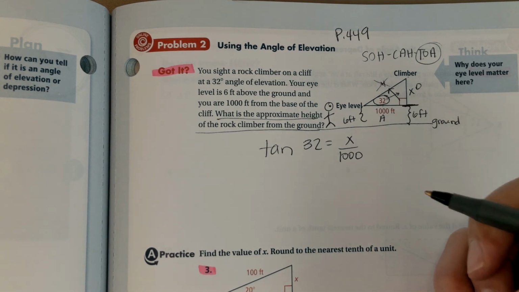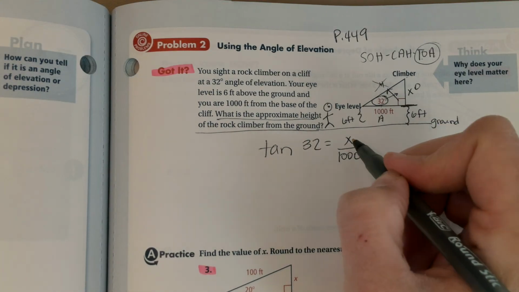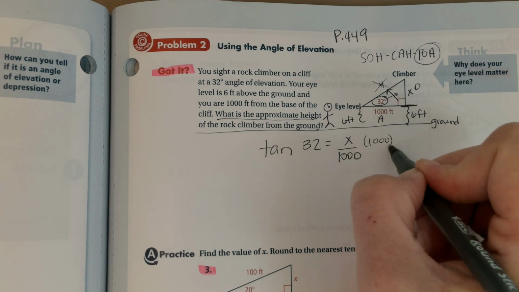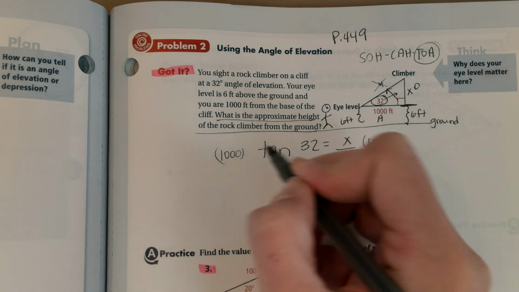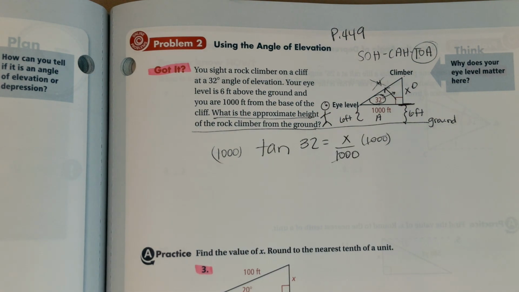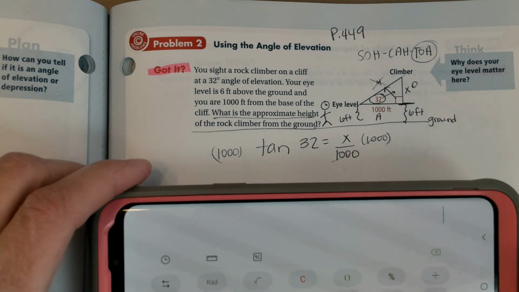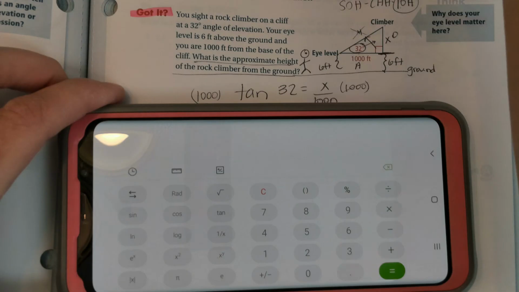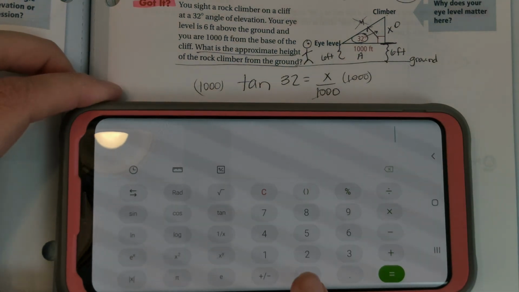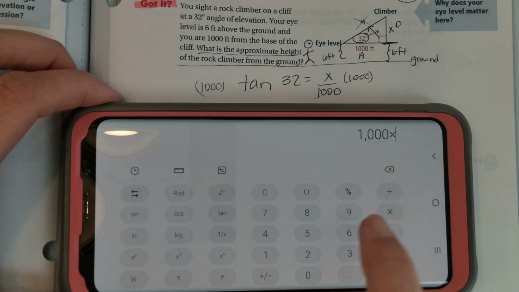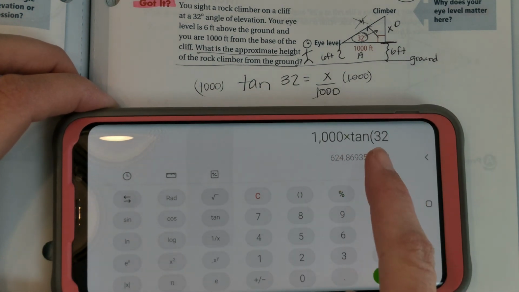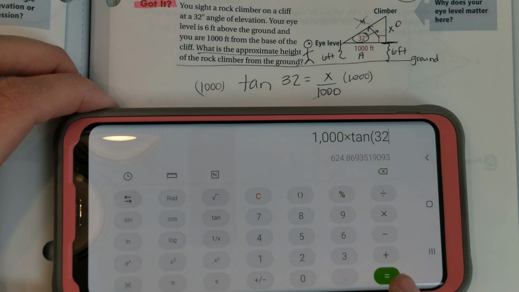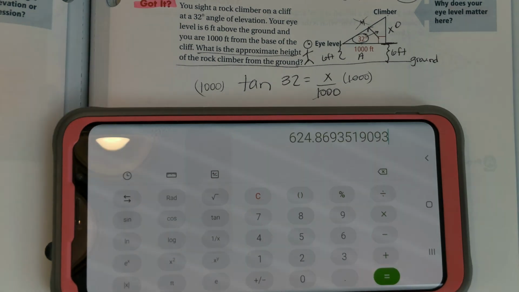When I solve it to actually get X alone, I would have to cross multiply or multiply both sides by 1,000. I like to just show that. And then that's what I need to do in my calculator. So I get the calculator and let's see if I can show it. It almost fits. There. Okay, so I'm going to do 1,000 times tan 32. The order doesn't matter. You could have done tangent 32 times 1,000. And we get